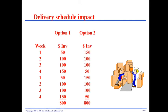If I look at option 2, I've made a little change here. I'm not having the heaviest deliveries occur in the last week of the month. They're now coming in at the first week of the month. So at month end, my inventory is 50. So in week 4, it's 50. In week 4, it's 50. So my average inventory for the month is now 50. What have I just done? A simple change for this item reduced my total inventory from 150 to 50, a savings of $100 without any